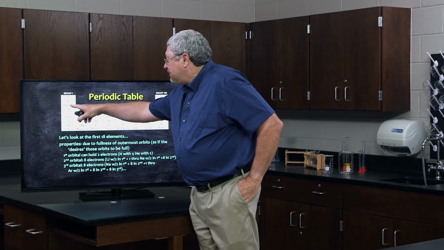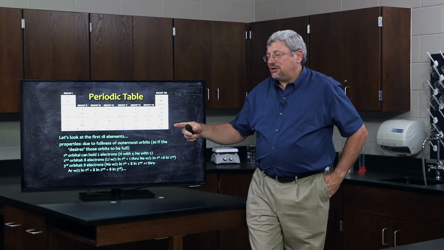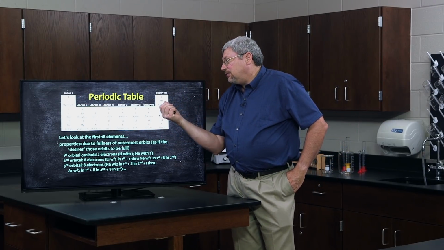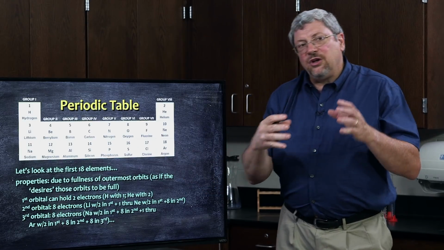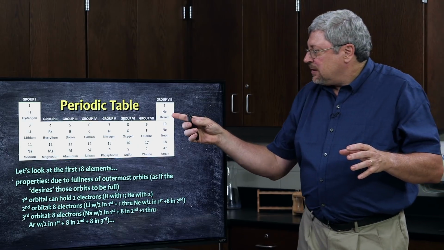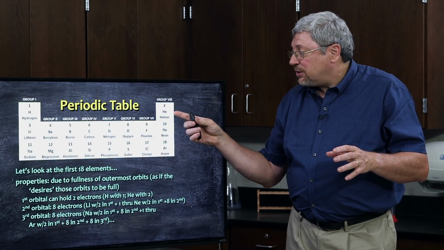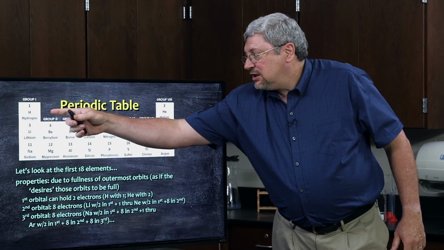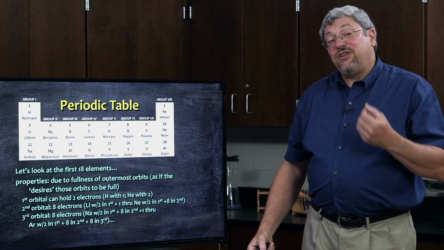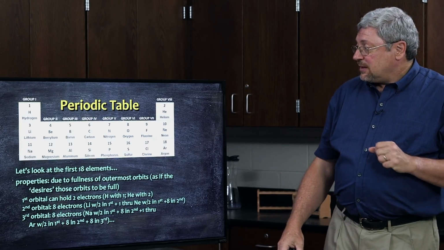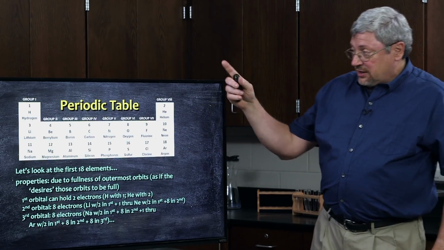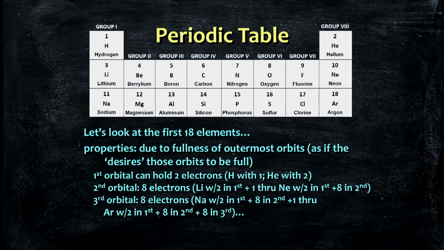filled. A hydrogen atom has 1 proton, doesn't have the second one. So he's sitting there with an open seat, which is not the best of all possible situations. Helium, however, with 2 protons and 2 electrons, has filled this first row. And a helium atom is very happy. The lithium atom, or ion, has 3 protons, and if it's an atom, it's got 3